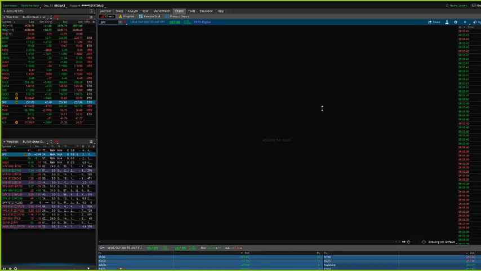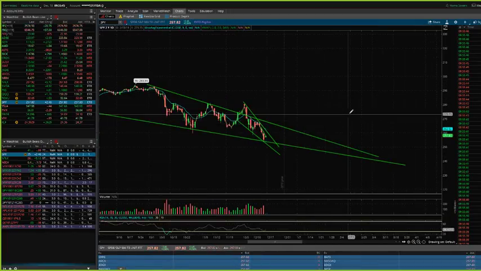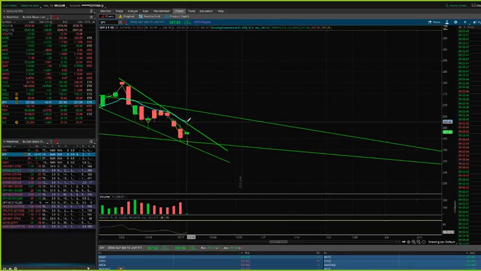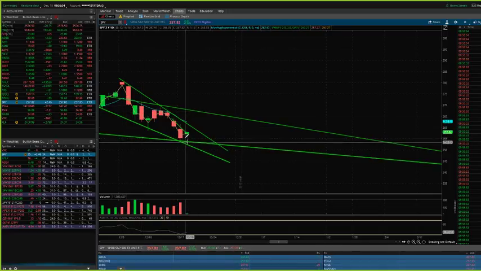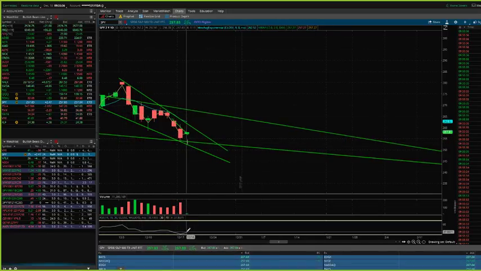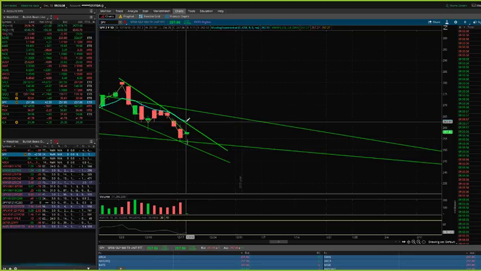And if we look at the 9 EMA on the daily, it's way up here at 262.50. A lot of times after an oversold situation, you'll get maybe a move up close to that 9 EMA